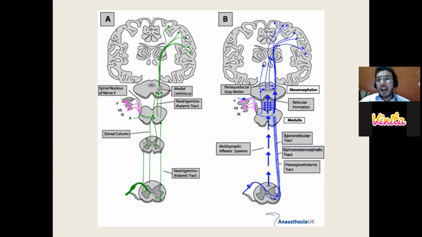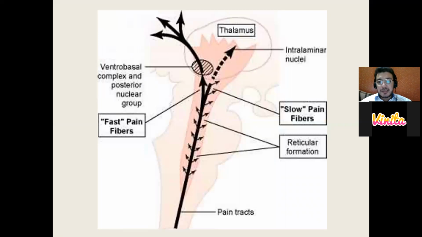You cannot localize it. When you have a backache, can you tell one point where you have the backache? You say that I have a pain in the back. I don't know where it is, but it is a referred pain. My overall back has a pain. So that is where it is a dull pain. It's a slow pain. It's a chronic pain. Acute pain is something where you can point out that I have a pain. Why? Because it exactly goes to the center of your somatosensory cortex. This is what you have to understand, as a dentist or as an exam-going student. Now, this is something very important.